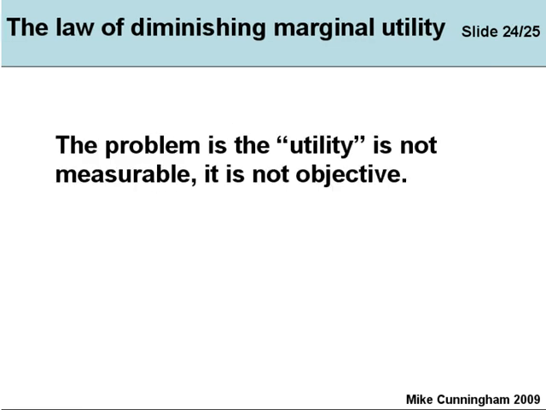The problem is utility is not measurable. It's not objective. So although it's sort of reasonable, we can't prove it. It's ultimately subjective. It's your opinion versus my opinion. And we can't prove this. We just have to agree, perhaps if we dispute it, we have to agree to differ. We can't prove it objectively.